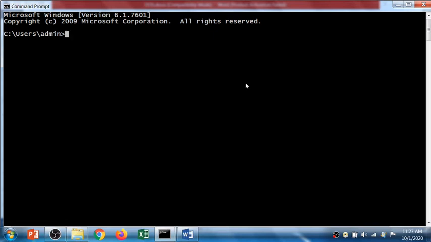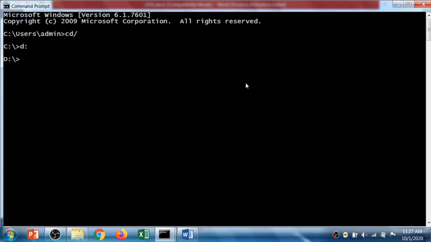Instead of the C drive, I want to work with my D drive, right? So I'll just write cd slash and then d colon. Okay, so this way I can change my prompt. The use of cd slash I'll discuss in this session only after the dir command.